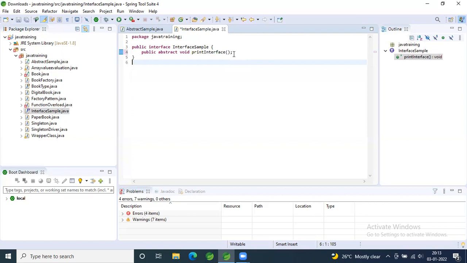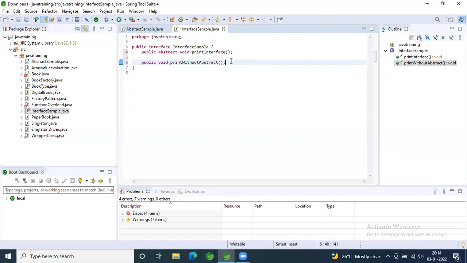Now you can have one more method without the abstract keyword. So is this method by default abstract or not? Yeah, it is abstract by default.